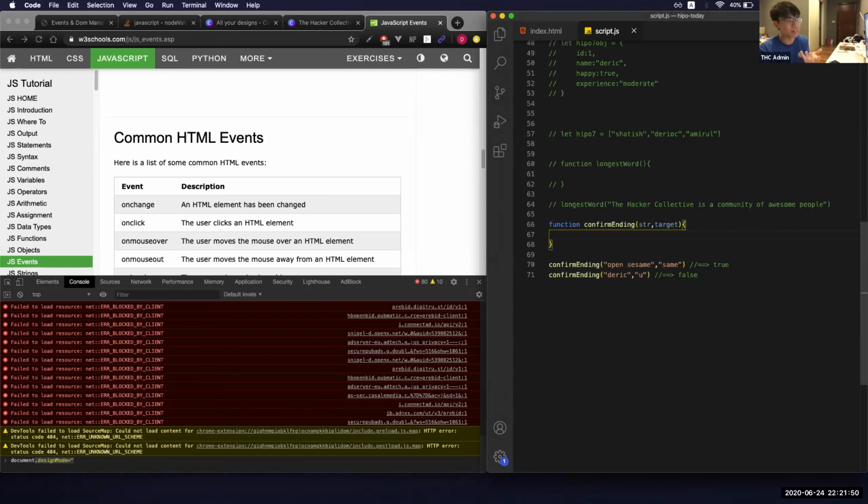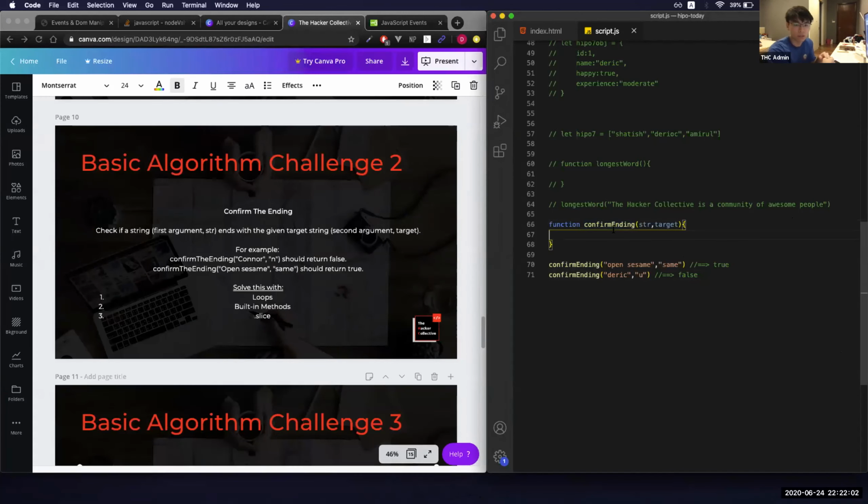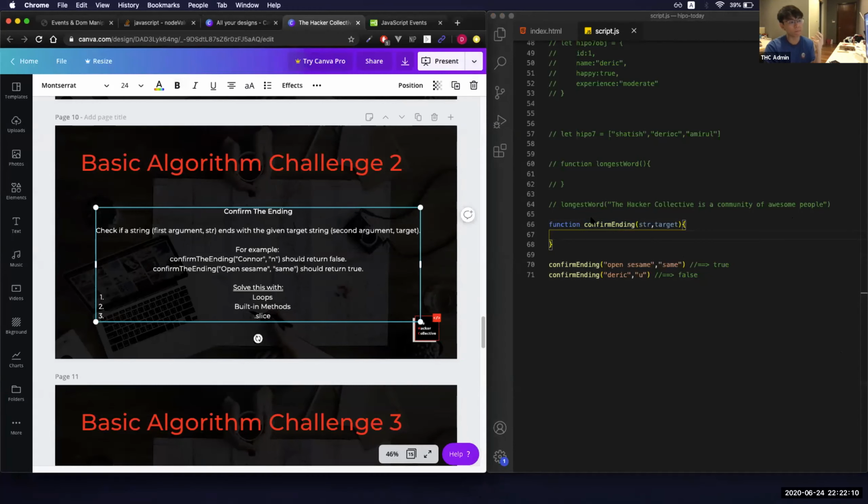I mean, it works, but then you're going to need a separate browser and all that. Usually we just run it in VS Code itself when we solve algorithms. So we use console log, okay, Amiro? But yeah, let me just look at your code. Actually, I was expecting a function, but it's okay. Because when we do these challenges, we always want to wrap it in a function and we want